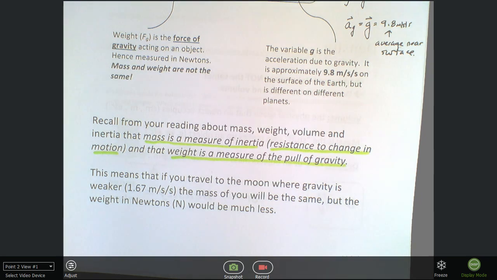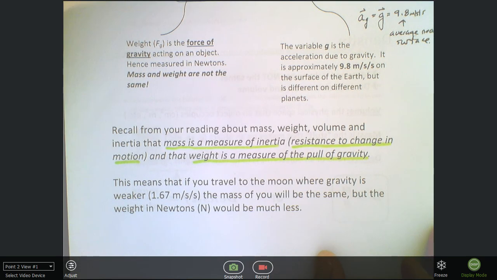This means that if you travel to the moon, so we talked about that. If you tried to actually move an object, if it was a heavy bowling ball and a rock, you still wouldn't want to walk up to the heavy bowling ball and kick it, compared to the small little pebble, because the big rock that you kick still has the same amount of inertia it had anywhere in the universe. And so therefore, it still is very resistant to change in motion. So if you tried to accelerate it, it would behave exactly as if you tried to accelerate it